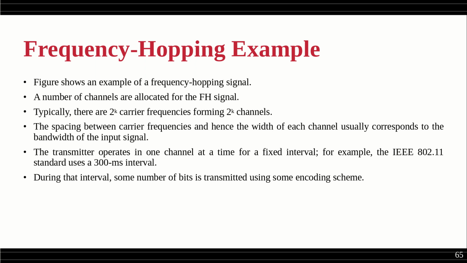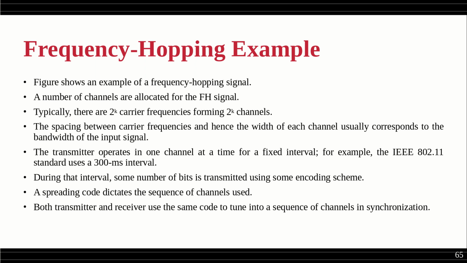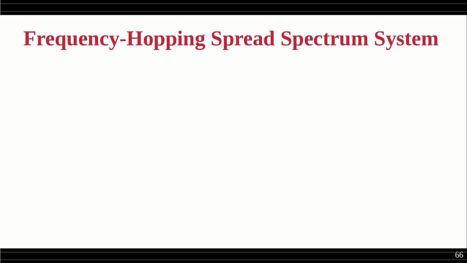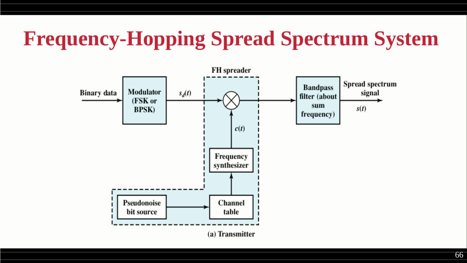Now during that interval, some number of bits is transmitted using some encoding scheme. Now a spreading code dictates a sequence of channels to be used, like what we saw at the top, that is a spreading code. Both the transmitter and the receiver use the same code to tune into a sequence of channels in synchronization. So if you look at the diagrammatic view, the block diagram of how things are happening,